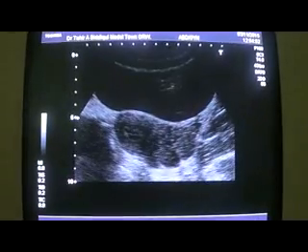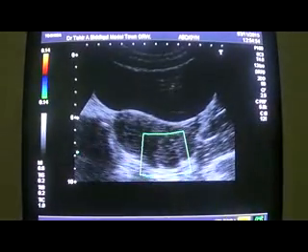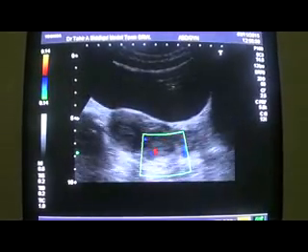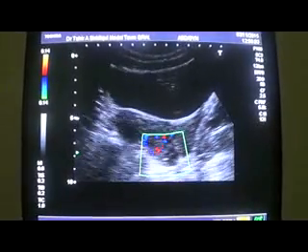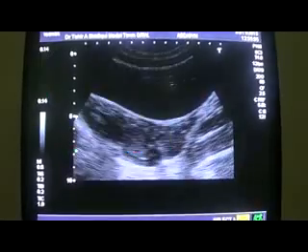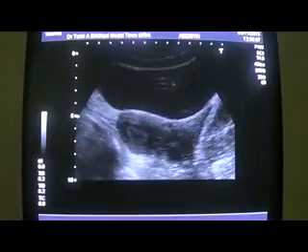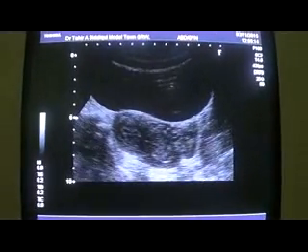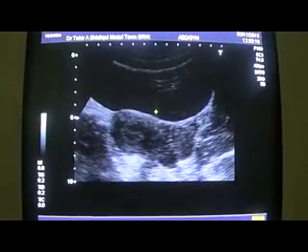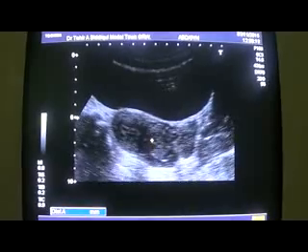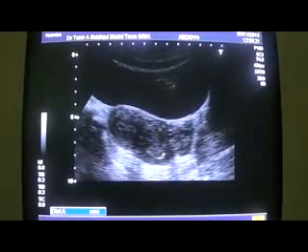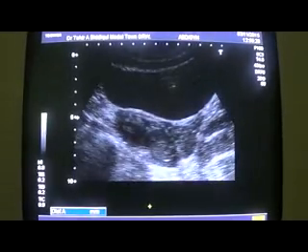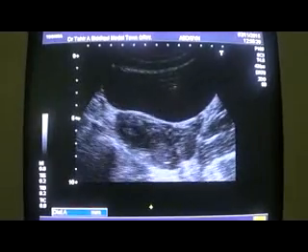And moreover, you will see that it is highly vascular. This area is highly vascular. So, she is having a fibroid in the posterior wall of the uterus, lower segment. This is the posterior wall of the uterus, and this is the focal lesion with internal tiny cystic areas. You will agree with me that it gives the appearance of a fibroid.